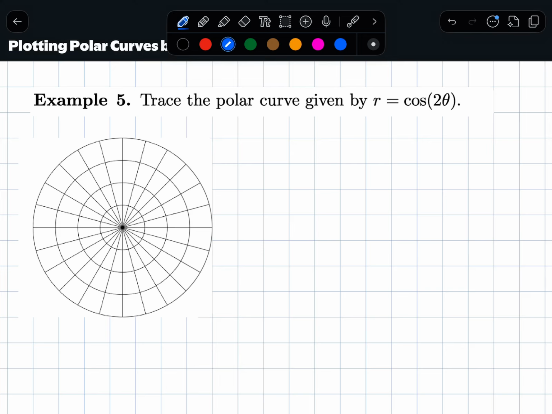All right, so alternatively to building a table, plotting a bunch of data, finding r's, and so on, a better way, or maybe just a different way, to plot polar curves is just graphing whatever this function is and interpreting what this graph means in terms of the polar grid. So if you don't remember how to graph these, I'm not going to be teaching you how to do that. I have a different video that teaches how to do that, but I will be just graphing it directly, and I'll be linking the video down below so you can follow to that video